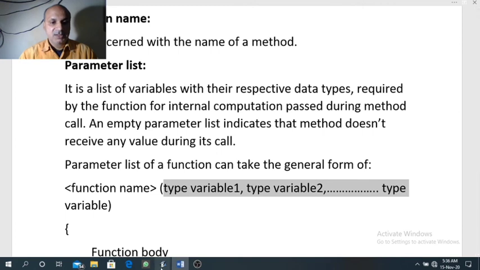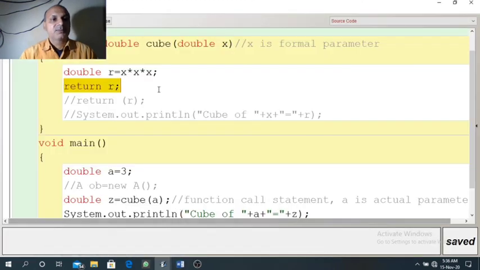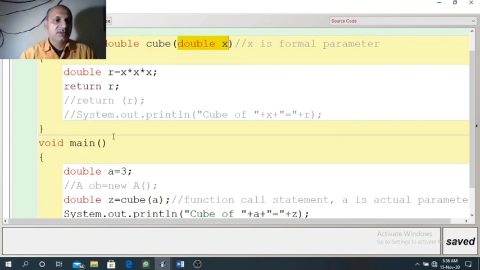For example, you can see in the same program here function cube has one argument in the parameter list because it works on one value. But here function main does not have any argument in the parameter list because this function does not require any input.